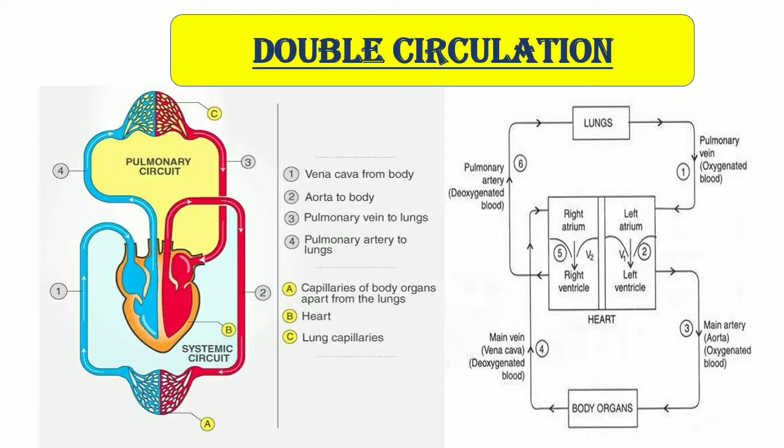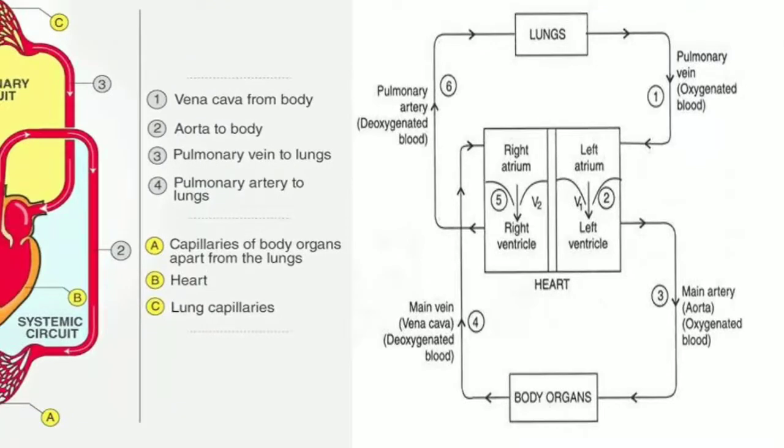Here the written part is also given, you can understand it like this. Here the left atrium is receiving the blood from the pulmonary vein. One more thing, the pulmonary artery is the only exceptional artery which carries deoxygenated blood. Arteries, you all know, contain what type of blood? Oxygenated blood. But the pulmonary artery carries deoxygenated blood. Why? Because the vessels which go away from the heart are known as arteries. That's why the name is pulmonary artery.